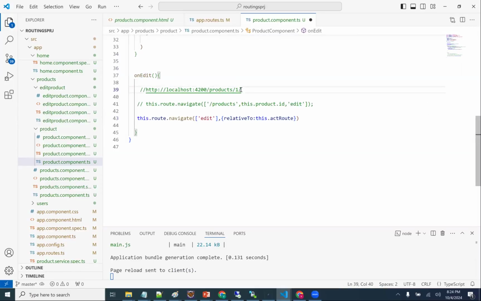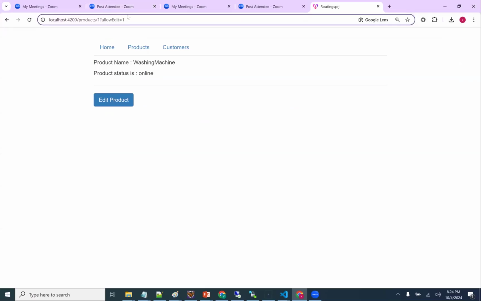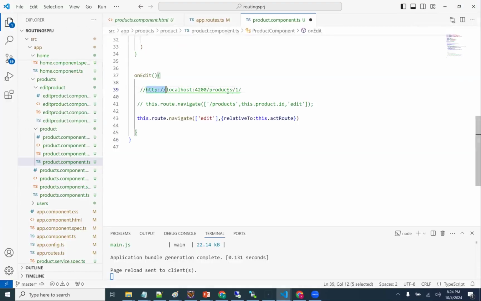Product slash 1 slash allow edit. Please go to edit from the current path. It will add edit. That is the relative path, right? I told you, relative path, absolute path. The path till here, and from there, relative to this, just add edit so that you need not do all those things.